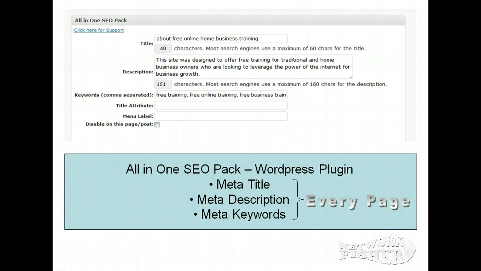We're going to cover the all-in-one SEO pack, which is a highly recommended plugin for SEO regarding your pages and posts within WordPress. It's going to appear once you install the SEO pack. It's going to appear on the bottom of the page for all of your pages and posts, so that again you can plug in the relevant keyword terms in the title, description,